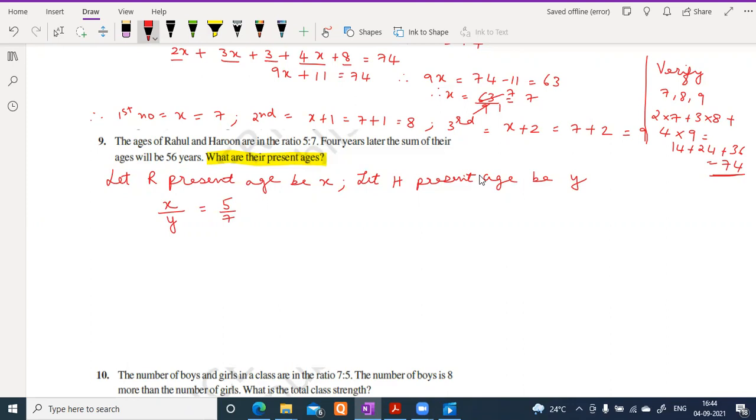Okay, 4 years later. So after 4 years, what will Rahul's age be? Rahul's age is equal to x plus 4. Why? So now for example, if you are 10 years now,